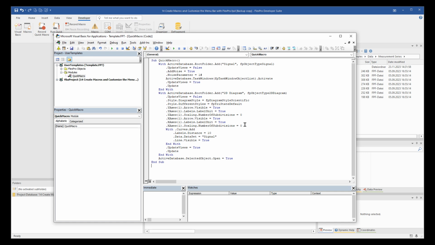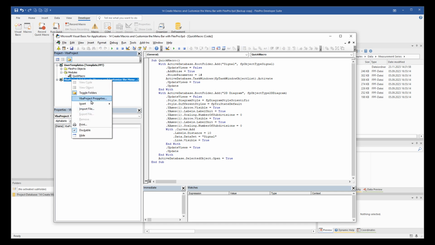I want to create a small wizard using the recorded VBA code. Under VBA project, I insert a user form object named UserForm SineTestWizard. Caption: Sine Test Wizard.